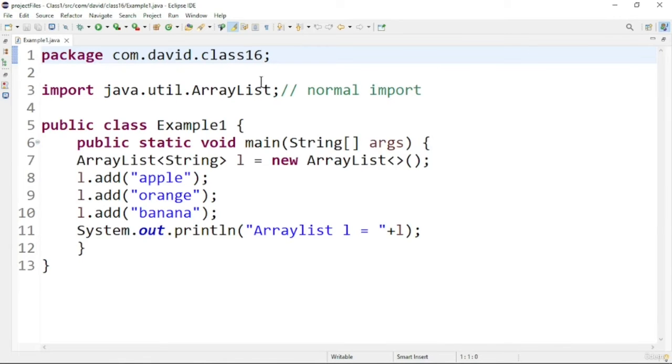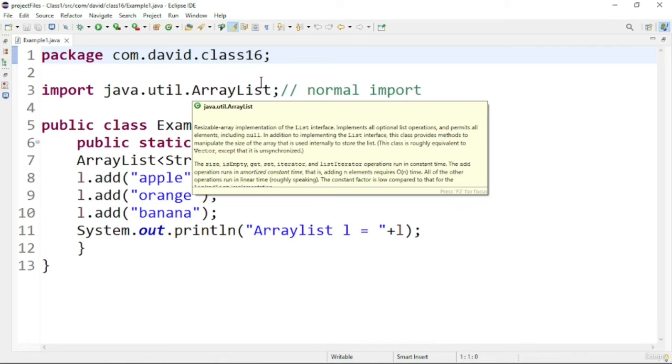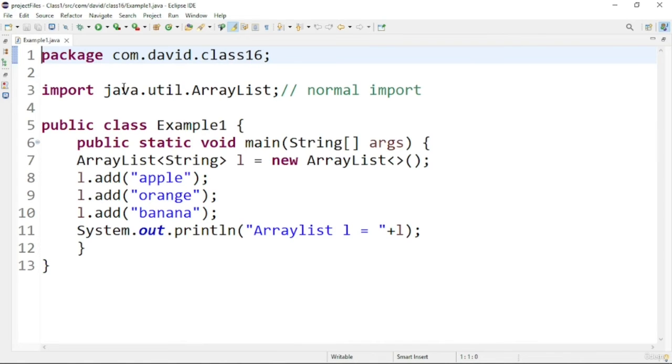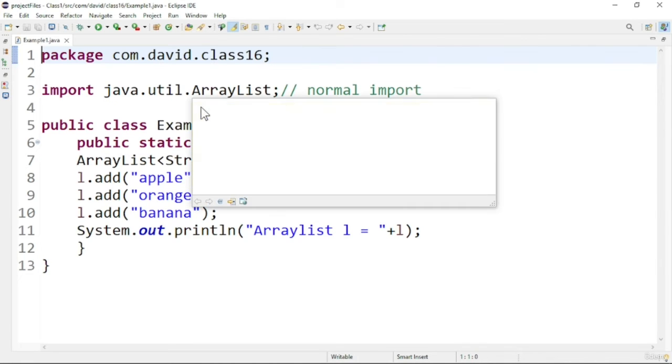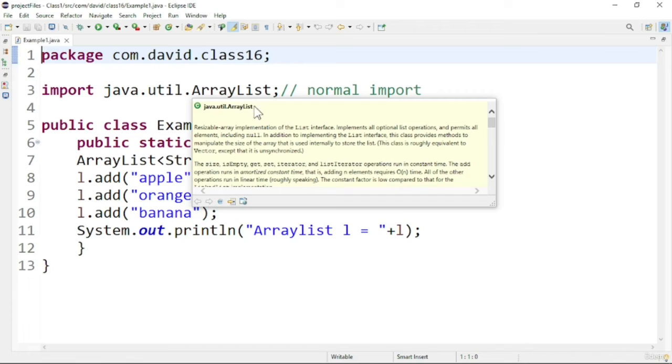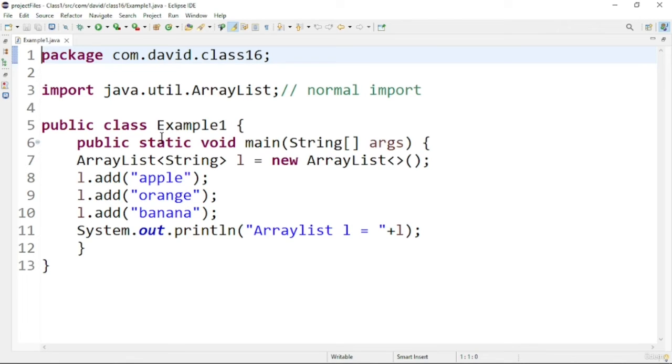Now let us discuss a program which has an import. Here you can see I am importing java.util.ArrayList into the program. In the first line, this can be imported automatically by hitting Ctrl+Space in Java. While writing ArrayList, if you press Ctrl+Space, that particular ArrayList will be imported automatically. I am putting three values into the ArrayList and printing it out. So this is how we can write an import statement in Java.